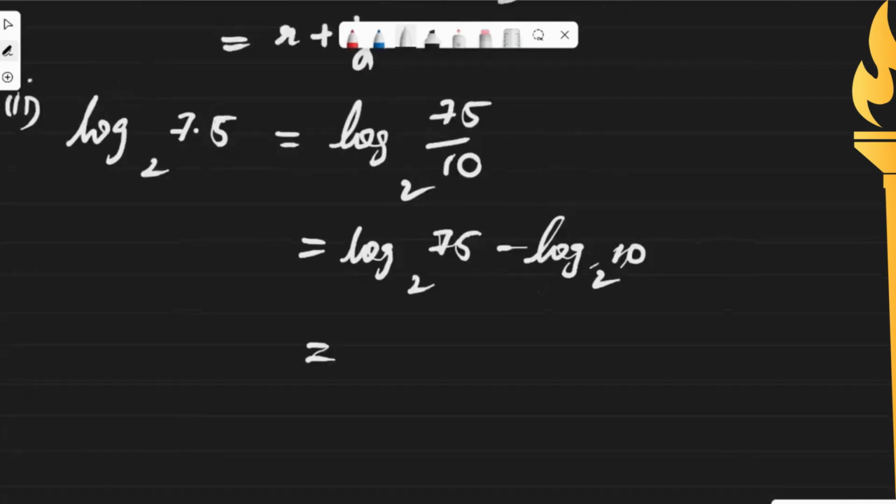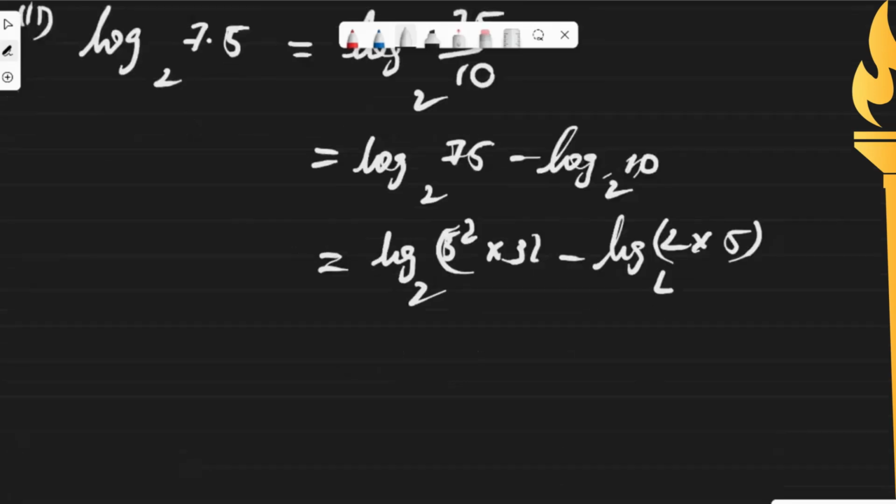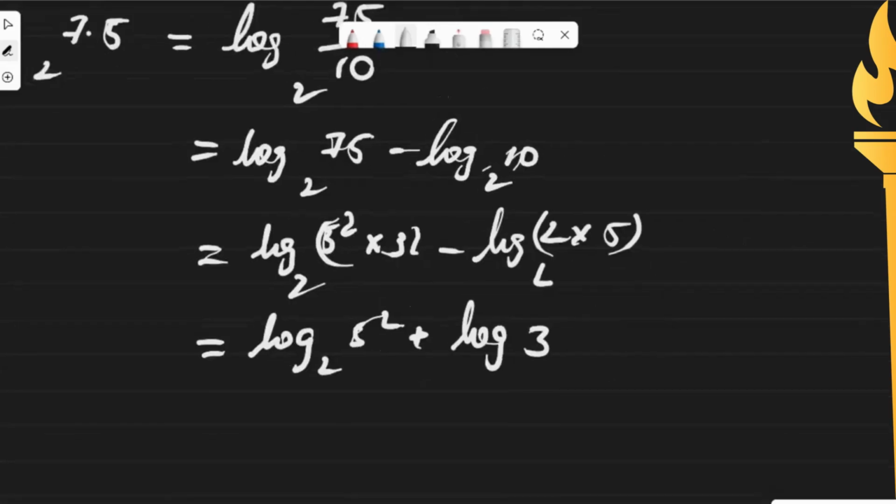So if we prime factorize 75, we will get 5 square into 3 base 2 and 10 can be written as 2 into 5 base 2. Next, first point, log x into y is log x plus log y. So log 5 square base 2 plus log 3